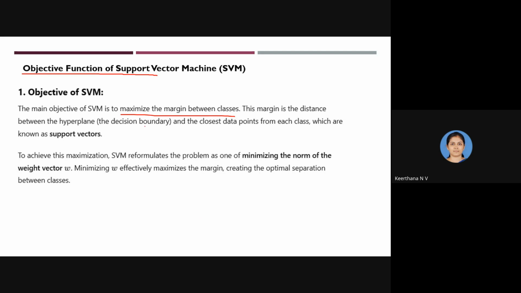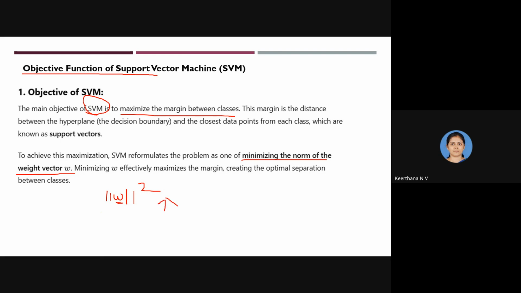To achieve the maximization, the SVM works with the marginal values of your hyperplane, and this is one formulation for minimizing the norm, keeping the square of the double normalization. Whenever you minimize this W, it will automatically maximize the marginal value of the